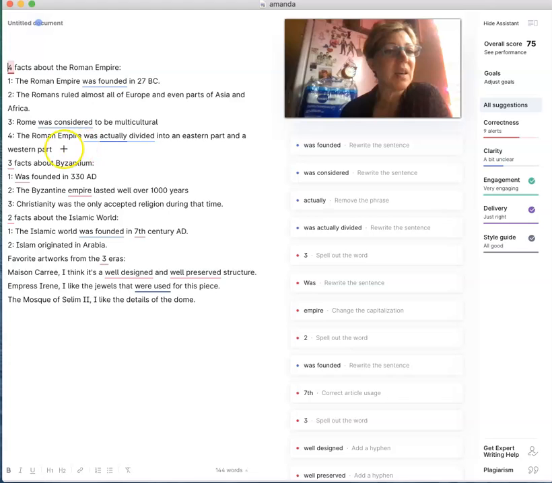And then, okay, good. Don't forget that period. So, 3 facts about Byzantium. Be careful that you are using complete sentences. So we need a subject in this sentence. And I would warn against very, very short, simple sentences. I mean, here we are, we're at the college level. We want to sound more intelligent. We want to include more information. We don't want to just fly by the seat of our pants and just get the bare minimum done, because leading toward the midterm and the final, that's going to hurt our scores, our grades.